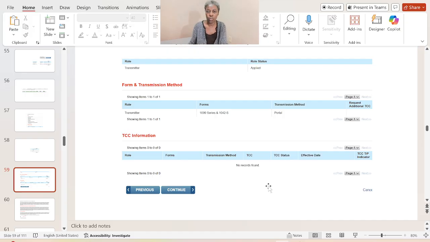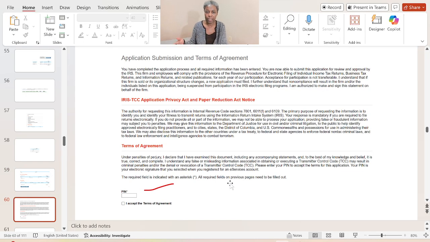again to view all of those that I view on my page as well, the transmitter, the 1099s, and the TCC information. Pretty much he went through that same process, but it was more so for him to scroll through it than actually inputting information, because I inputted information, but when he clicks on individual, he's going to go through the same process, but just continue clicking on continue and just going through the process, and then he'll get to